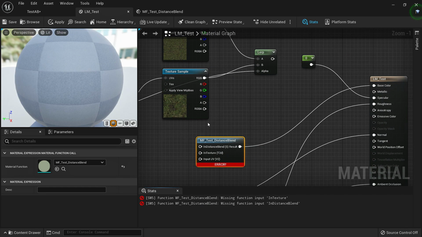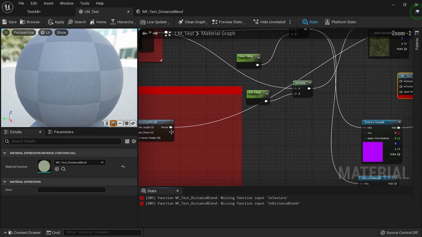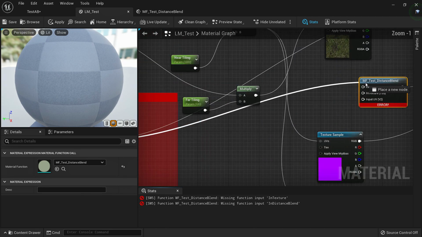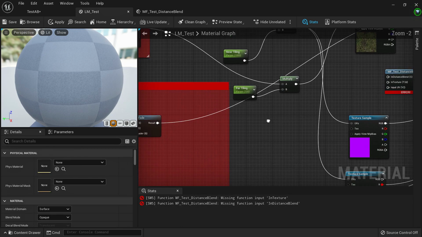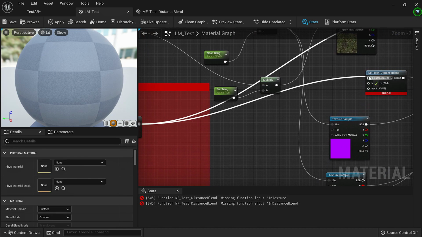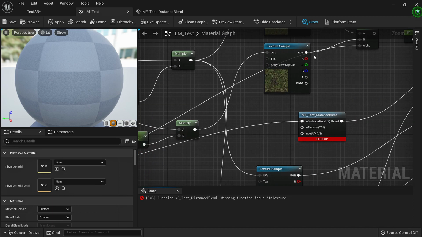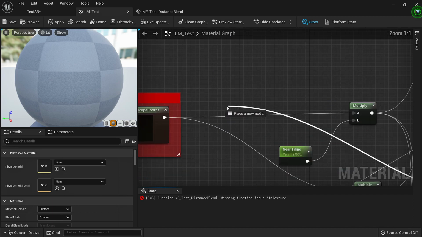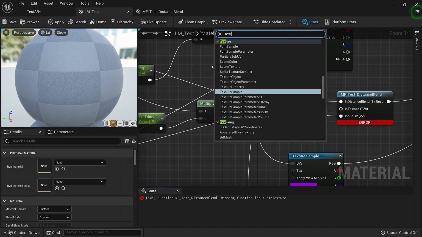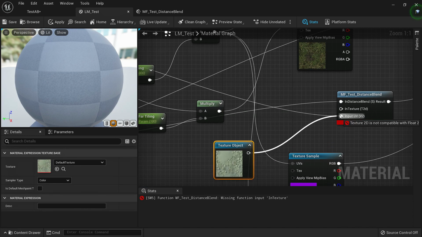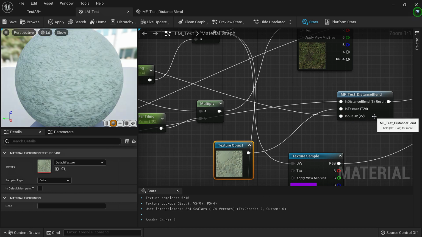Connect it to our base color. So it's saying we are missing those inputs. If we put distance blend and UVs, all of these inputs were not using any default value, and we had to supply values, otherwise they would be empty. So that's why we were getting the error. And for your texture, we'll take a texture object and put it in, then the error went away.